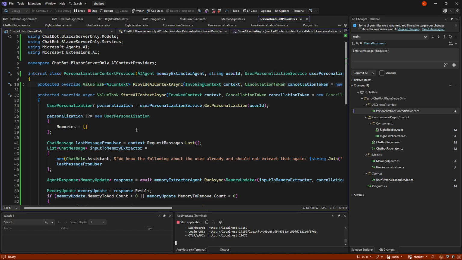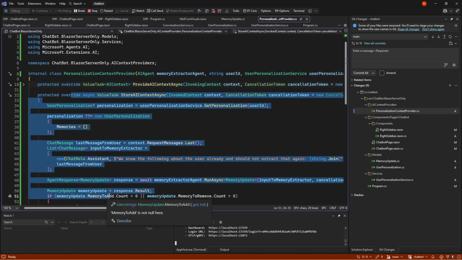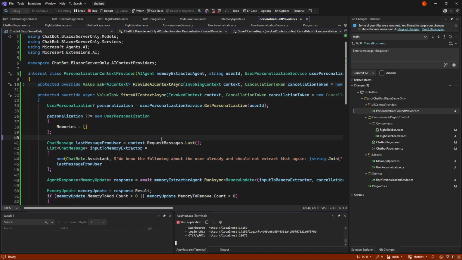This can just be dropped into almost any system to provide memory. And we can, of course, use bigger models, smaller models, and better prompt instructions in order to extract the data. You could say to only extract data where the user says remember this, or whatever setup you wanted to do. Or you could even take this store part away entirely and say it's something the user should do in a GUI and then just provide it on the fly instead. But that's everything there is to it for user memory.